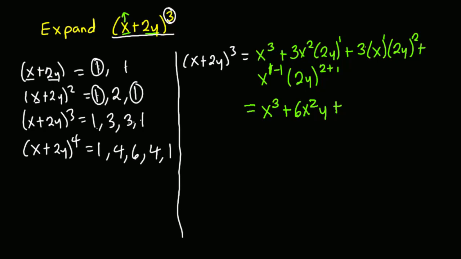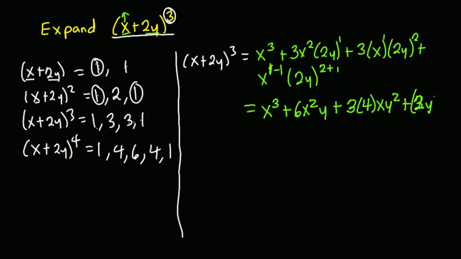over here we are multiplying 3 by x by 2y all squared. Over here the 2y all squared, the square will affect the 2, and the square will also affect the y. So that will give us 3 times 2 squared is 4. So we are left with xy squared plus x exponent 0 is 1, and so we are left with